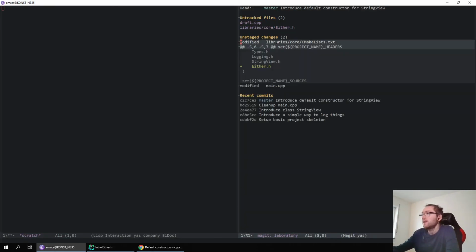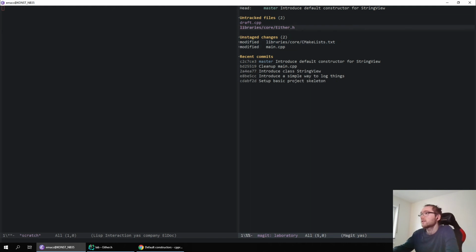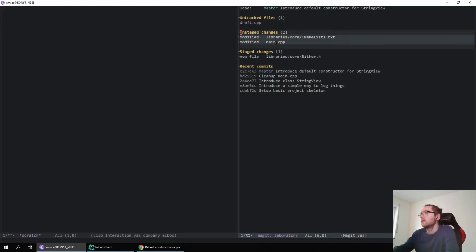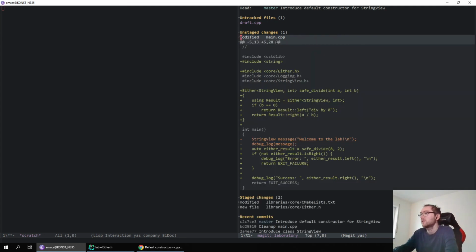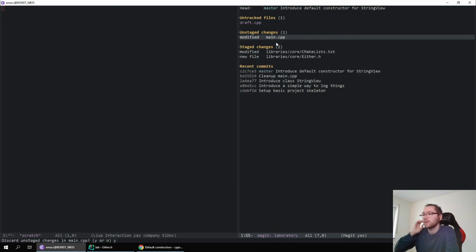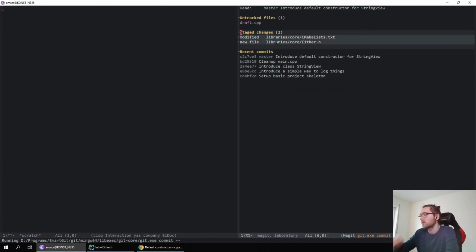So this is our main, and then I can just add everything else. I'm not going to add main, I'm actually going to discard the changes. Just going to commit either.